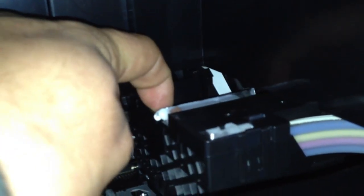you can also put a little bit of print head cleaning solution. Staples sell some. Typically you got to buy the refill kit, but sometimes they have the little solution. You could use a little bit of isopropyl alcohol, rubbing alcohol, but dilute it down with some distilled water. You don't want anything with minerals in it like regular tap water. It'll clog it. And then after that is there, what you'll notice is